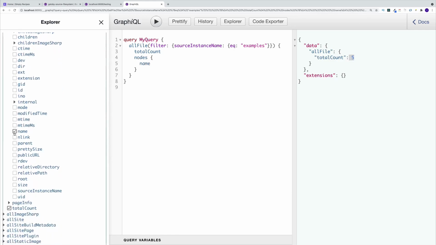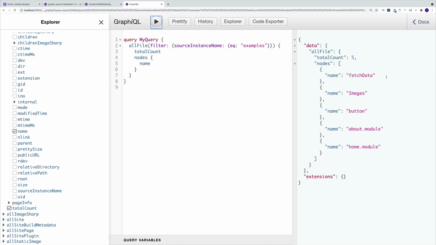And if you don't believe me, I can show you that if I take a look at the nodes, and then we keep